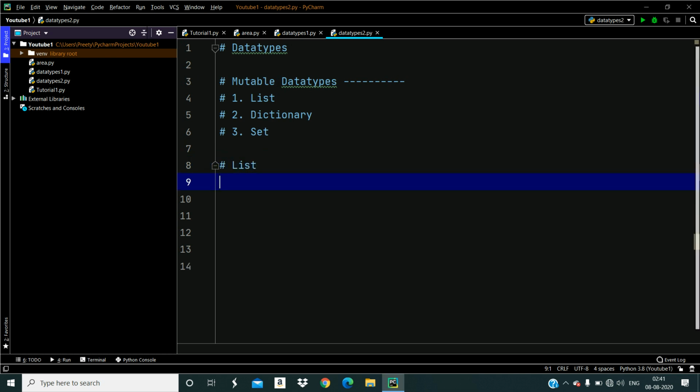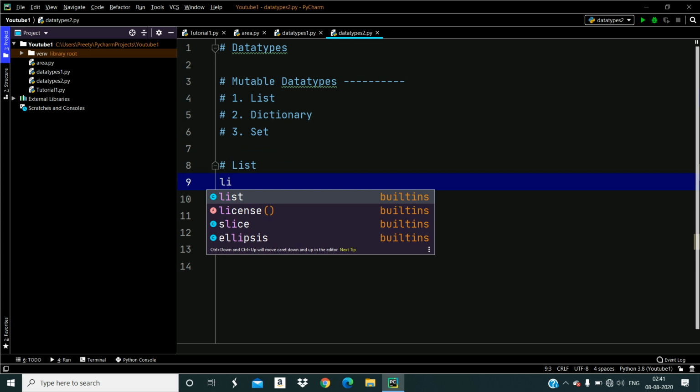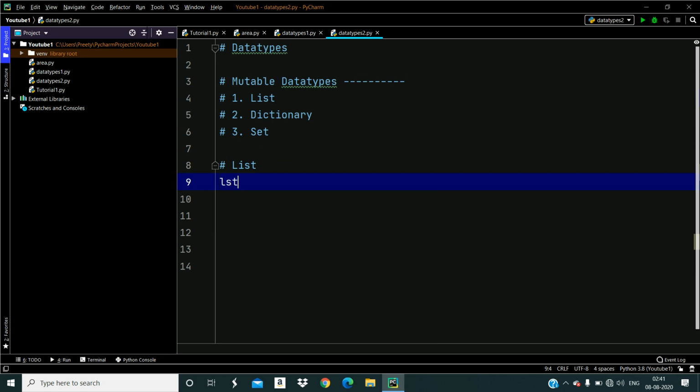So let's say list1 equals, it is something like tuples. The only difference is that a tuple is immutable and this is mutable. A tuple you define in parentheses, and a list you define in square brackets, right?